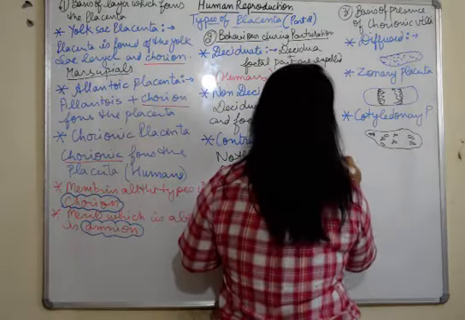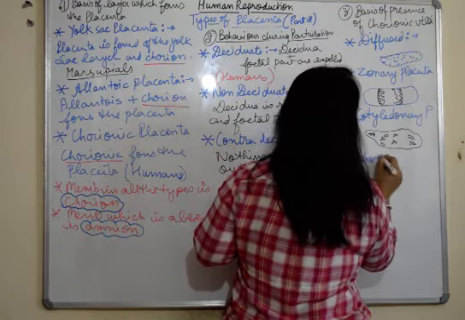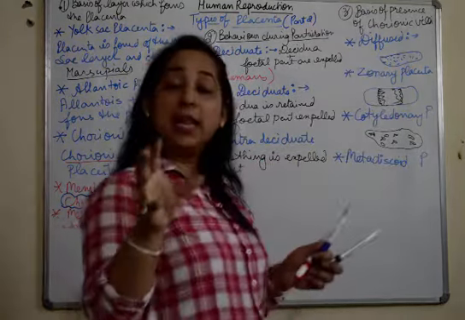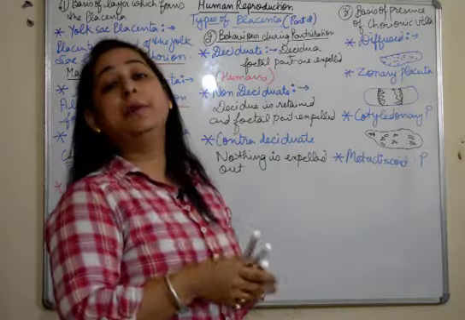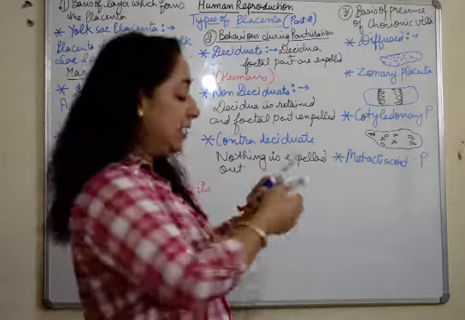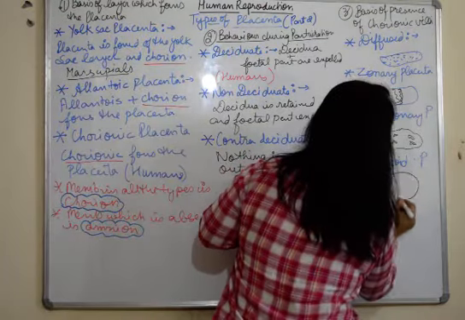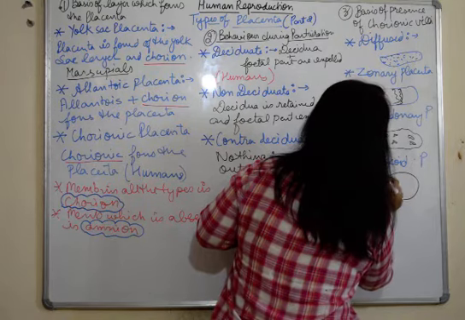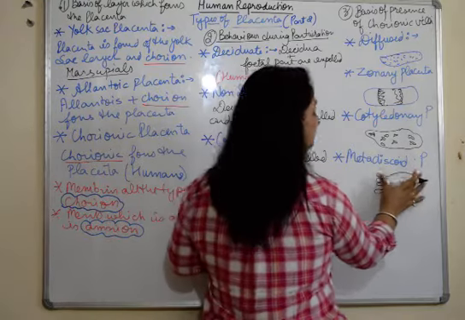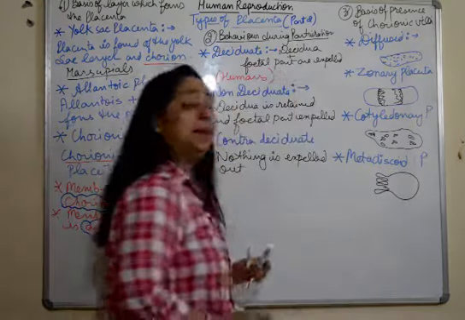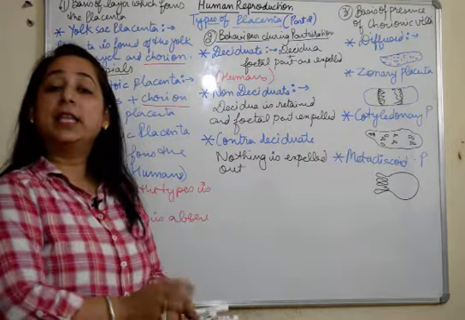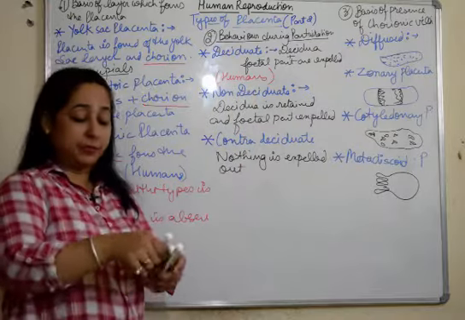And the last type of placenta is metadiscoid placenta, wherein the villi were originally present throughout the embryo, but at a point of time during implantation, these villi arrange themselves towards one point, towards one disc. Herein, they arrange themselves at one disc. This type is found in humans, we all know. So this is the metadiscoidal type, wherein it forms a disc at the time of implantation. Fine. So these are the different types of placenta on the basis of different categories.